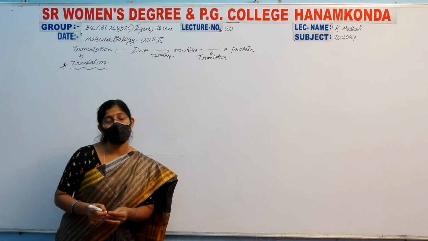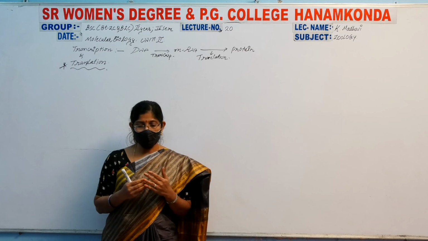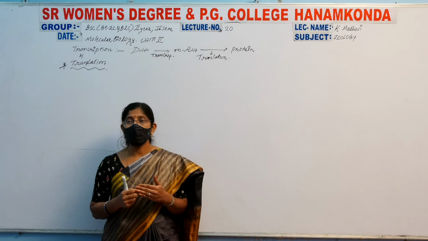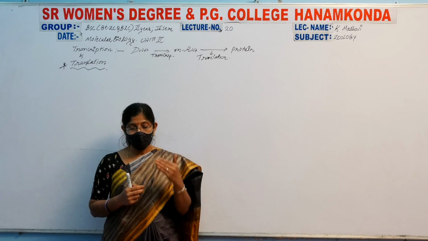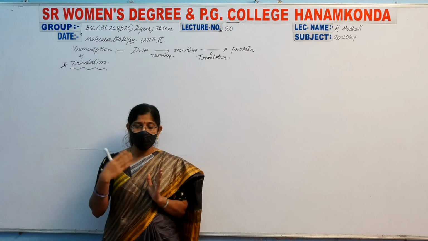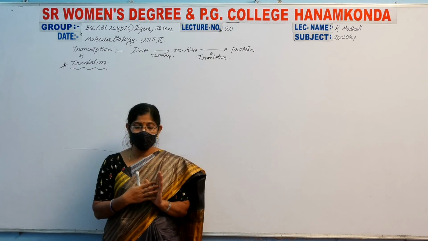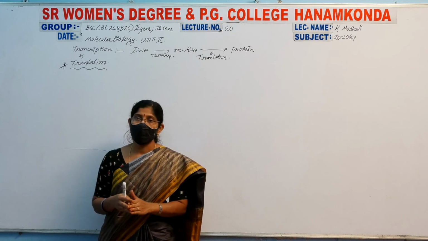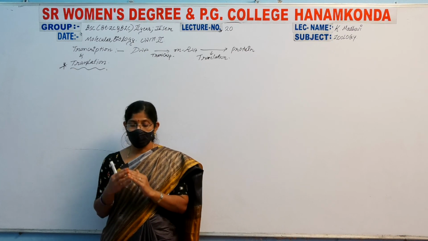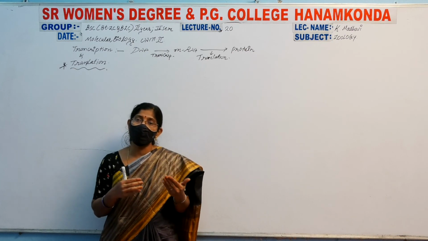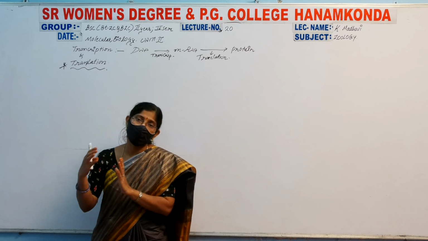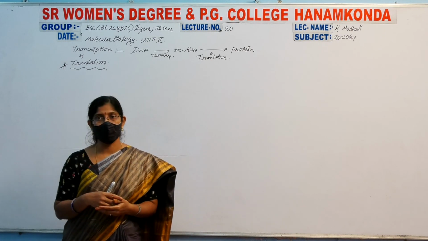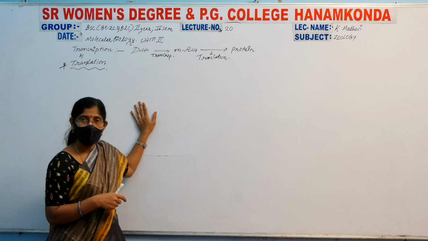What is meant by translation? During translation, the genetic information present in the mRNA directs the order of the specific amino acids to form a polypeptide chain. Polypeptide chains consist of numerous amino acids. Amino acids are the structural and functional units of proteins. That is the definition of translation.